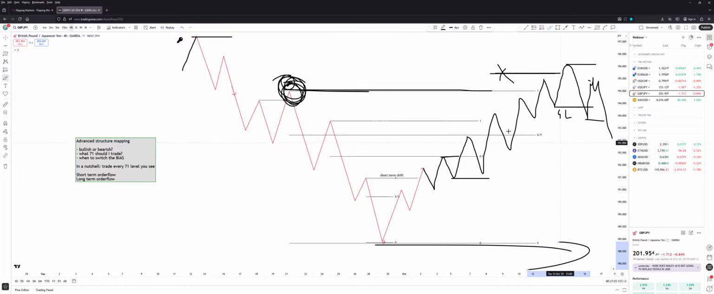So this is the advanced structure mapping. I do believe that you have to watch this video a few times and you have to take notes. So please take your time, take notes, study this several times. And once you have studied it several times and learned the mechanism of this advanced structure mapping, I promise you, I really promise you guys that you will get better at trading significantly and your results will get better